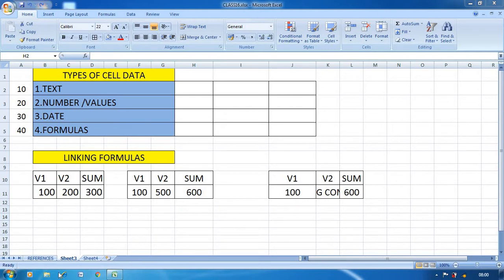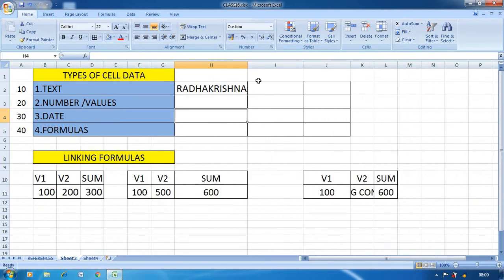So as an example for text, I think all of you know, we can enter any alphabets. Suppose I enter the alphabet as a name. If the name is very long, at that time it overlaps to the next cell. At that time what we have to do is just increase the column width.